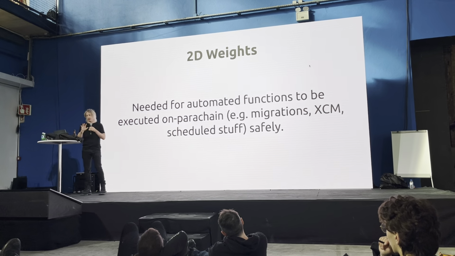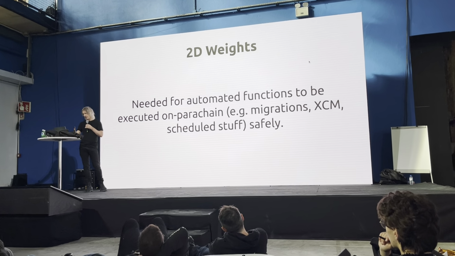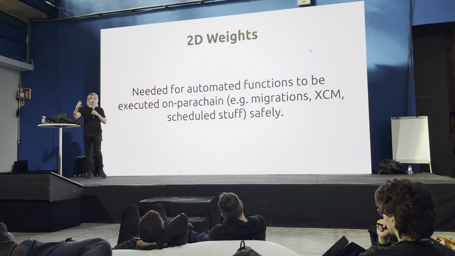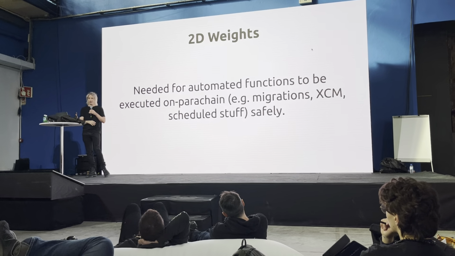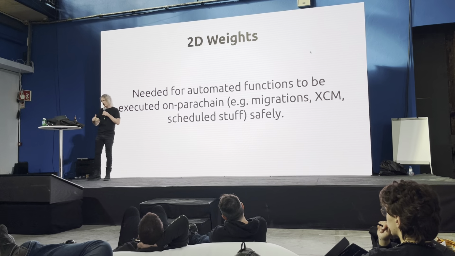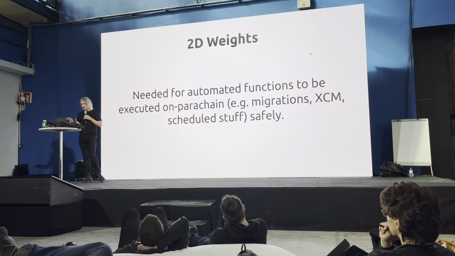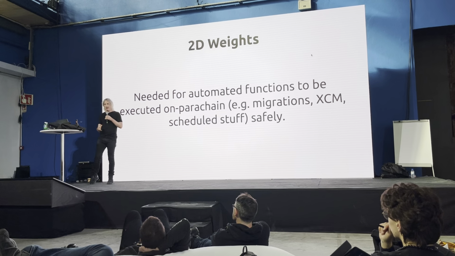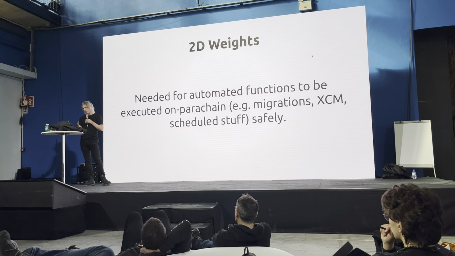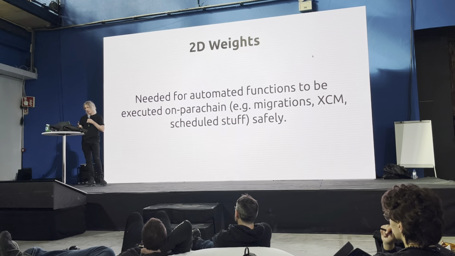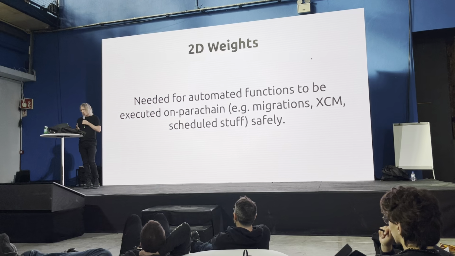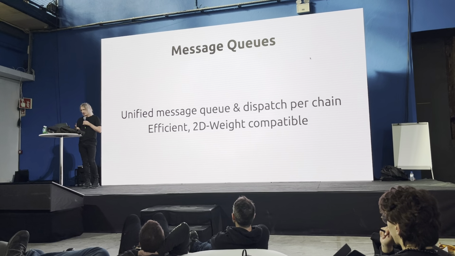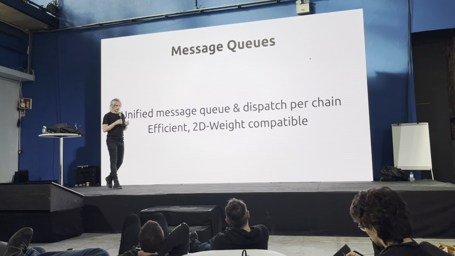Actually, the newer scheduler does take into account the 2D weights, and over time, while we move things over to this new two-dimensional weights data type, we'll have all of the operations that can be scheduled, all the dispatchables, actually reporting their weight correctly. But this is a fairly big, hefty refactor. It's probably going to be finished, I would hope, in the next month or two. But it is rolling along.